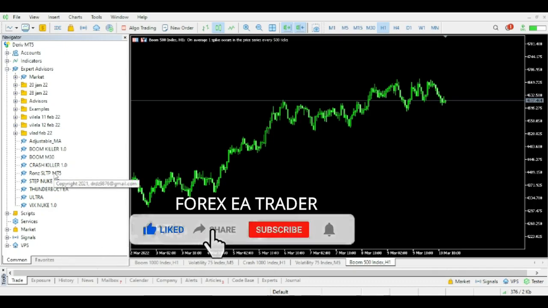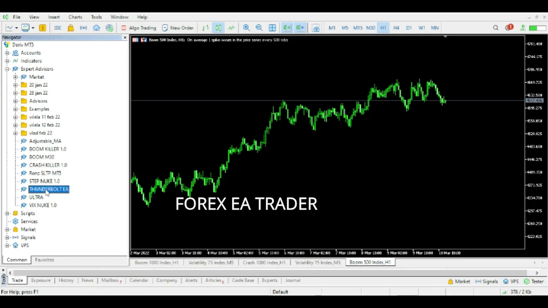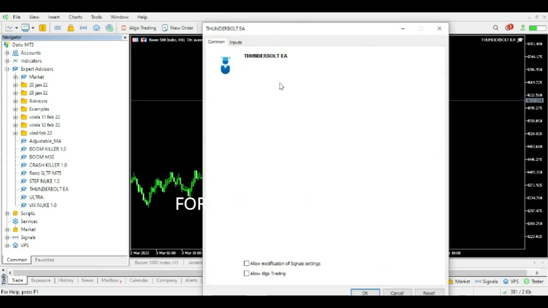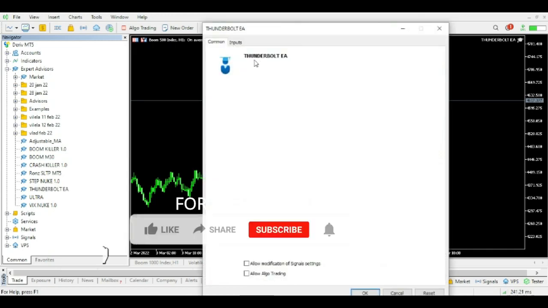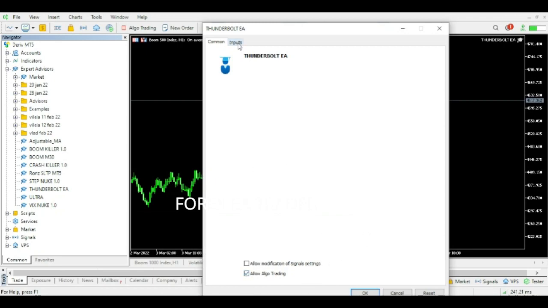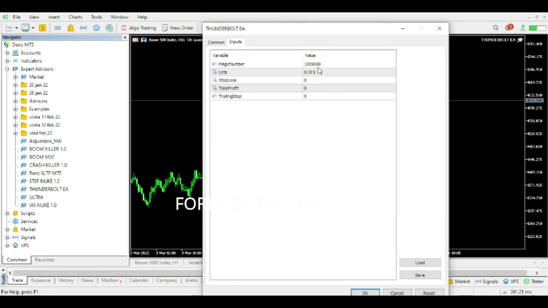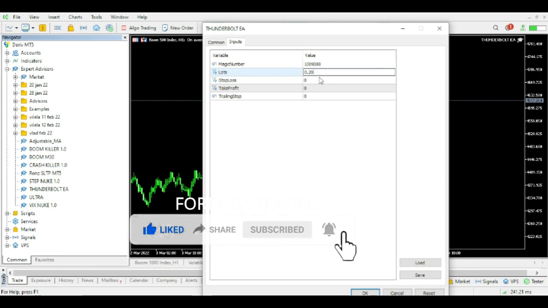and Crash is 0.20. So we simply click on our Thunderbolt EA, it's highlighted, and we drag it across and we drop it. See our Thunderbolt EA. We allow algo trading and we go to inputs. Everything that we put when we're creating the robot, obviously we want to make sure that this is 0.20, because we are actually trading